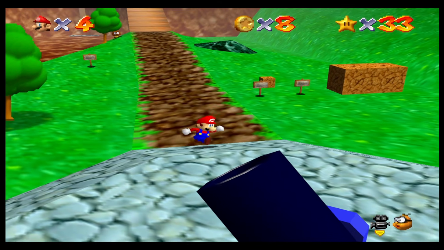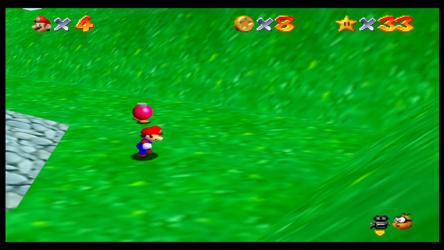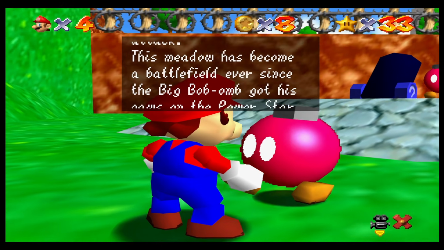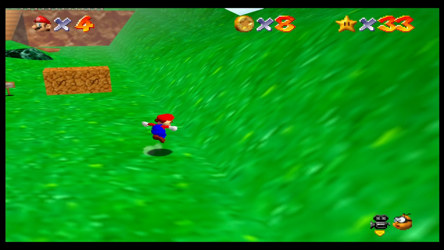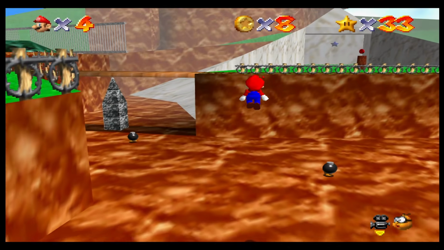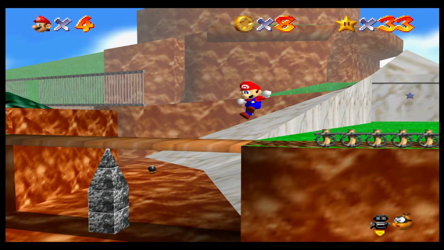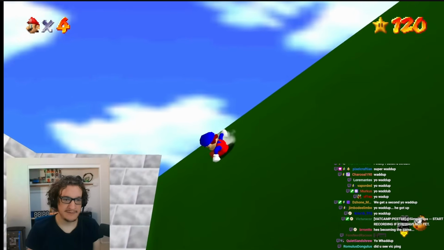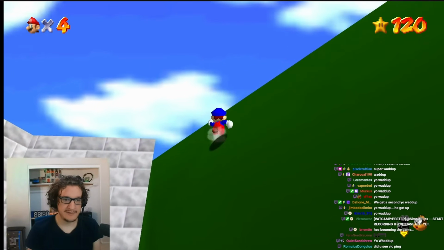If we go back to the very start of the stage, we can see green hills to the side, which seem to simply function as the barrier of the stage and mark where the playable area ends. For speedrunners, however, this is not just a hill, but a slope. And slopes are full of untapped potential just waiting to be unleashed. By sliding down the slope on Mario's butt, he will quickly gain a lot of speed that can then be preserved by jumping off the slope.